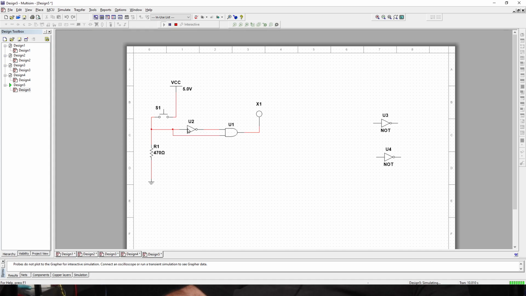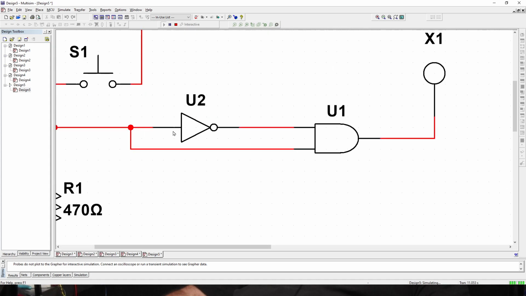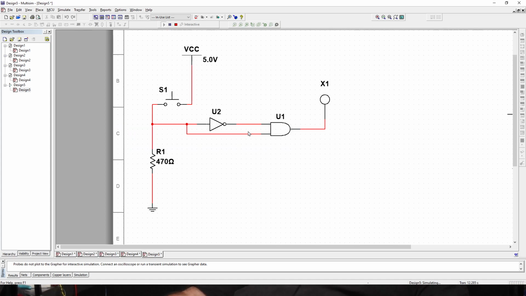So we have a little bit of time on the input here, a little bit of time on the output here, and we also have the time for the signal to travel through. So that is going to add up to something. It's not going to be a long time, it's going to be in nanoseconds. However, those nanoseconds are going to take time between reaching whatever level and the signal traveling here,